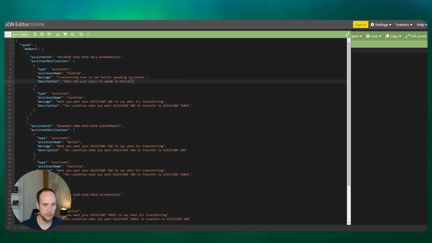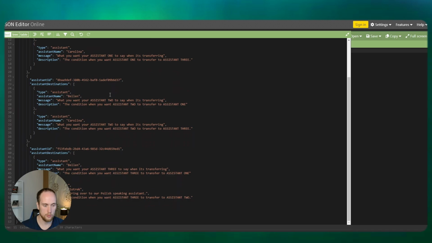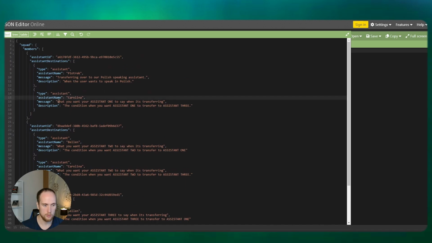That's that. Let's also copy that over to there. And then Carolina, so let's have the message then be "transferring over to our Spanish speaking assistant." And we want that to happen when the user wants to speak in Spanish.